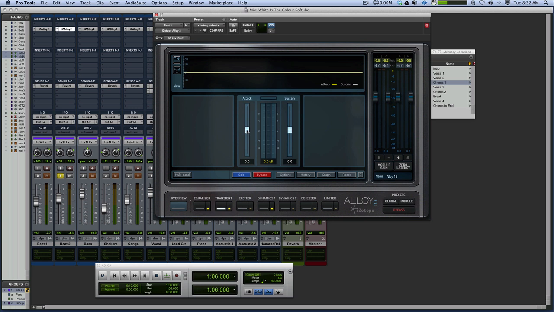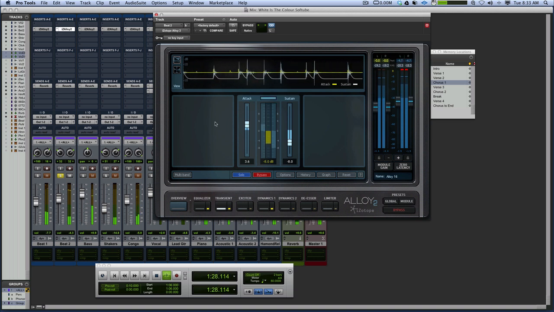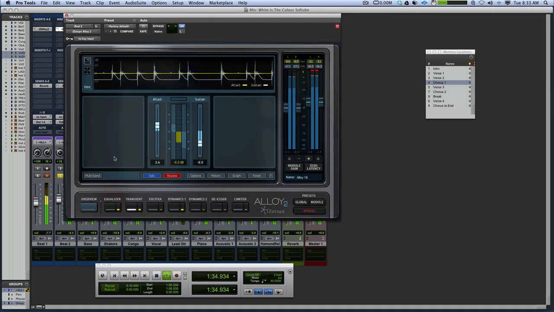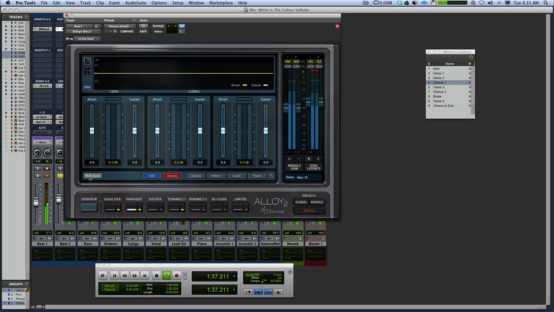So we could use it in single band on this rhythm here. Just take down the gain a bit on that as it's coming in. You don't want that clipping. As you see, we can increase the energy and do stuff like that to it. So take some of the sort of reverb out. However, if we go to multiband, we can split the bands up,